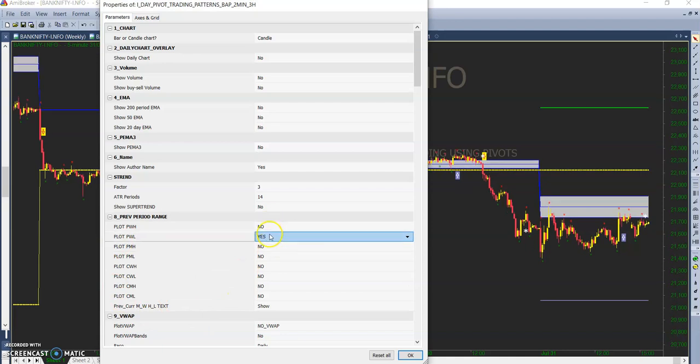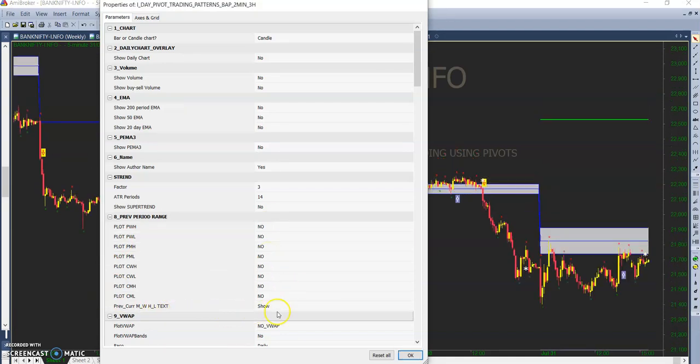For time being, I am disabling this. If you wanted only the text to be displayed, you can also use this option, where you can find only the text on the right hand side without displaying the lines.